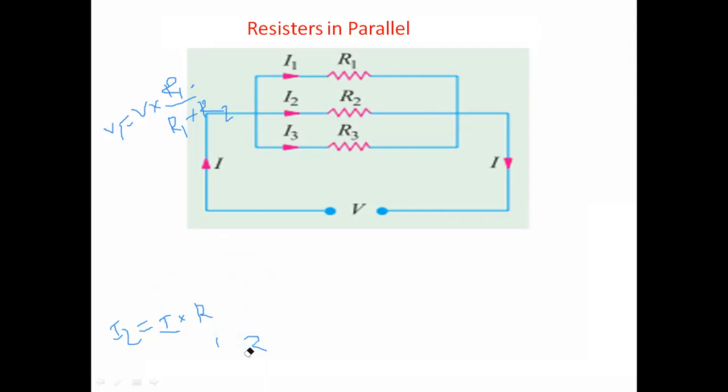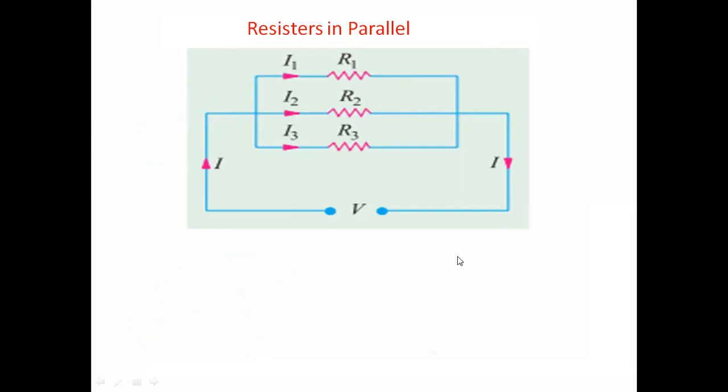With these slides we can obtain formulas based on the voltage drop across the resistors and the current flowing through the resistors, and when two resistors are connected in series and when two resistors are connected in parallel, what is the equivalent resistance? So that we found.